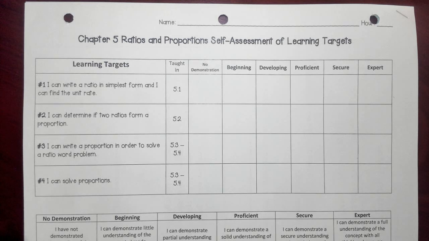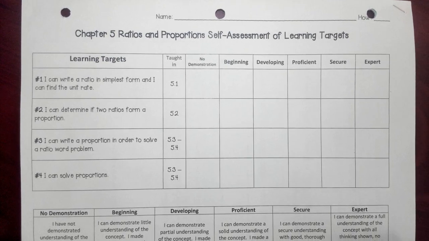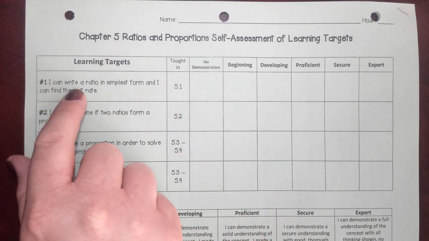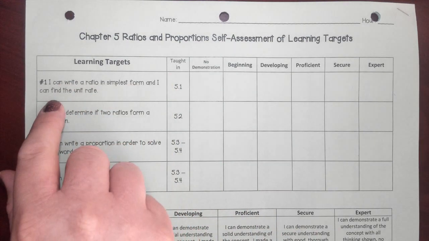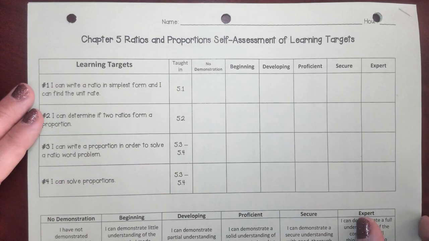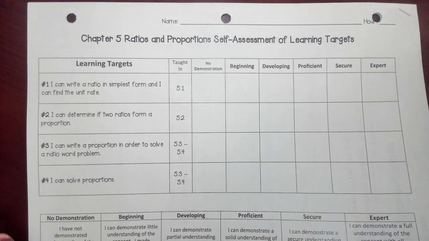Hi, 7th graders. Today we're going to be working in your Chapter 5 unit packet, and our focus today is going to be 5.1, which is I can write a ratio in simplest form, and I can find the unit rate. As we go through these notes, if you have the green unit packet that you picked up from school,